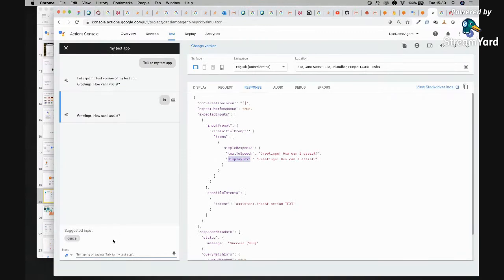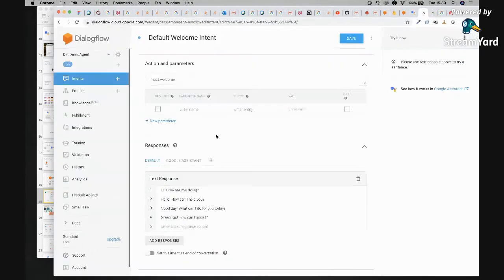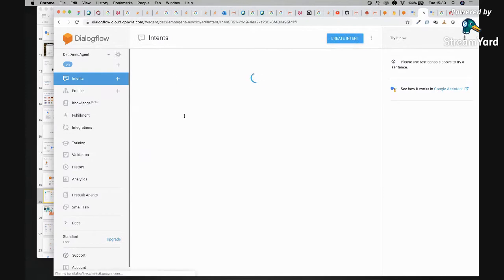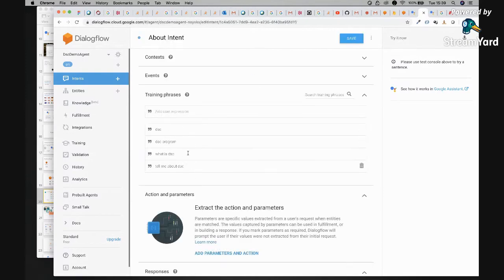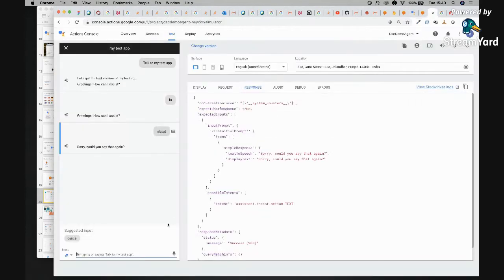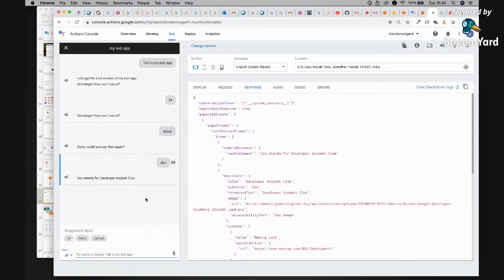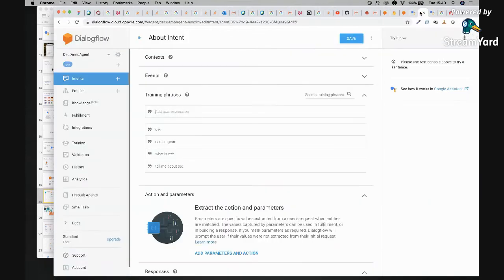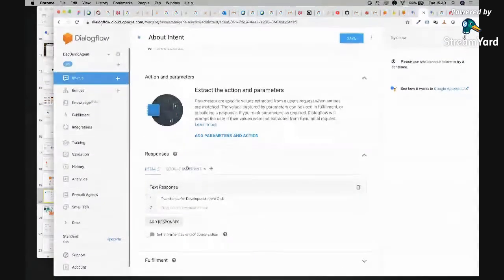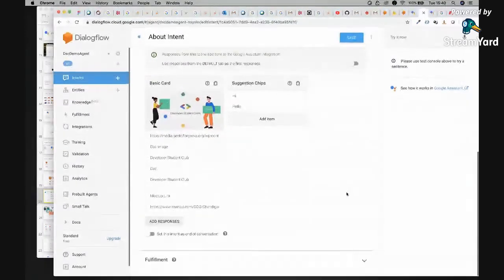Now let's try to invoke something that we created. Try about. Sorry, can you say that again? It is not working. If you go to about, we have not defined anything related to about. We have defined the DSC program, what is DSC. So let's use a word like DSC. DSC stands for Developer Student Club. You can see this is again taking the response from the default response tab that we did. If we disable this one,